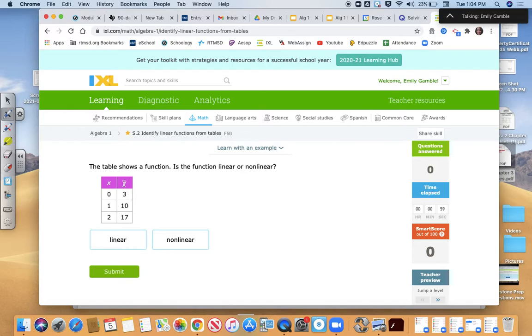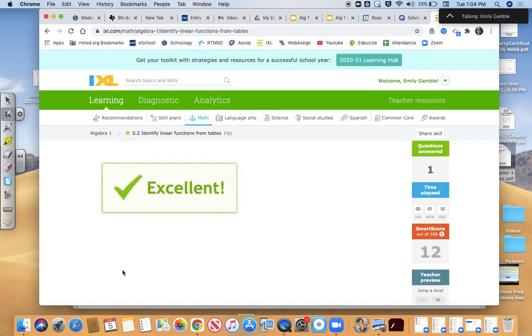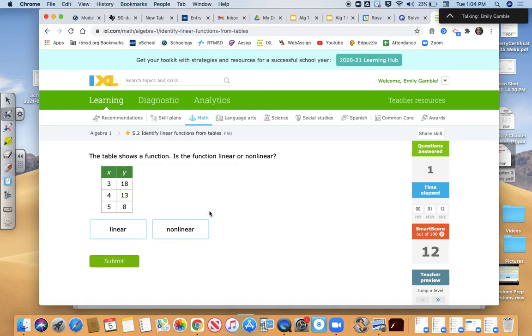And because they increased by the same ratio, this increased by 7, this increased by 1. So the increase was 7 over 1. This is a 7 over 1. That makes it linear. Okay, the next one, looking at this one, 3 to 4 is an increase of 1,